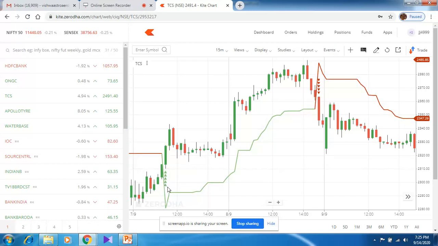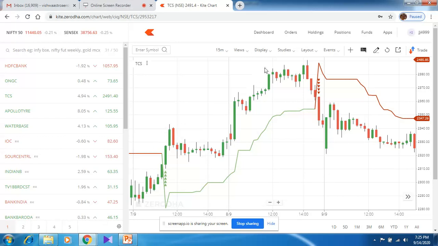When the buyers are more, it will create a green arrow and this can be trusted only for one or two candles. And within this time frame itself, we can enter and we can stay for a while and book our profit somewhere here if we are confident. So this is about super trend.